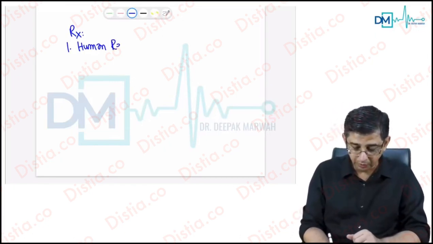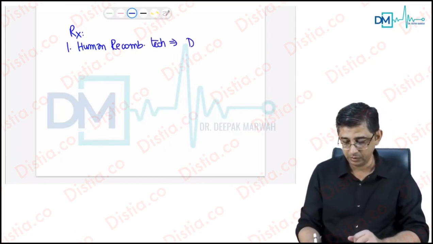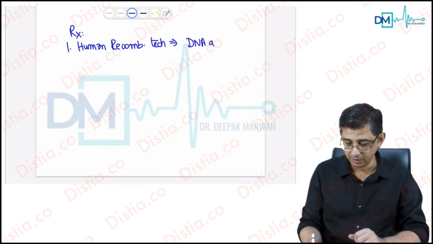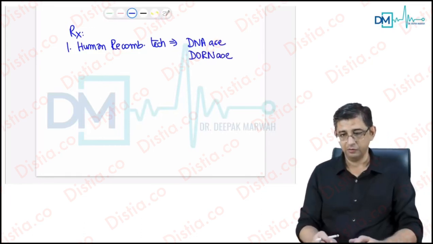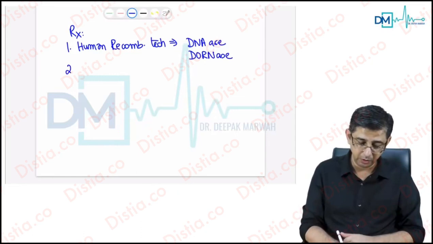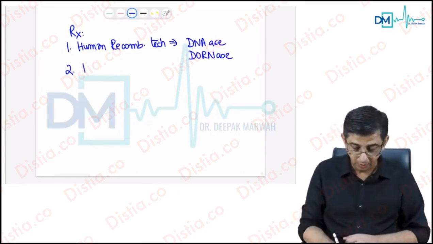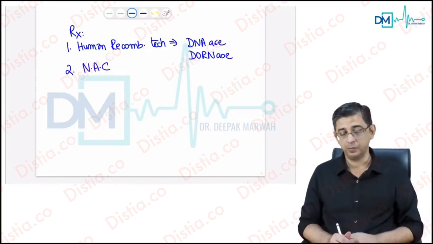So we use human recombinant DNA technology, and with the help of this technology we are able to synthesize what is called DNase or dornase, and this will decrease the tenacity, or reduce the viscosity of the sputum, and therefore the antibiotic penetration and the ability of the patient to cough out the secretions will be relatively better. In those situations where we are not able to procure DNase for the patient, we also use N-acetylcysteine,